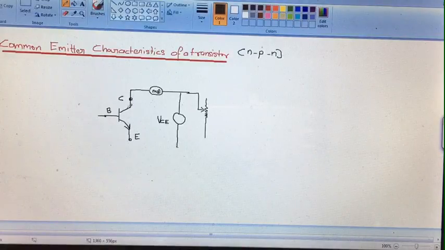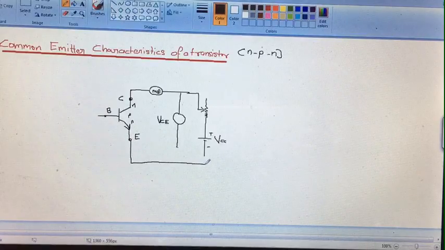This is an NPN transistor, and the collector base junction should be reverse biased, so that's why the N side will be connected with the higher potential of the battery. This is a fixed supply source VCC. Now the emitter is connected with the ground,